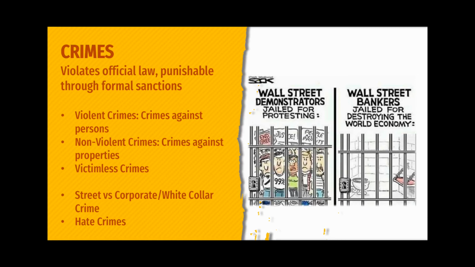And there are laws and policies that support what crime is, and usually it's the violation of the criminal law, in its most basic sense. Now, crimes could be categorized based on the following. First, we have violent crimes, which are crimes against persons like murder or rape, and we have non-violent crimes, which are crimes against properties like